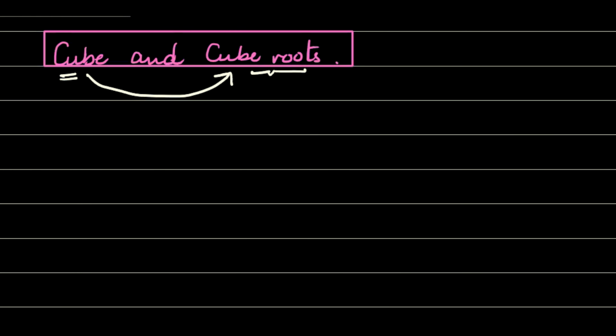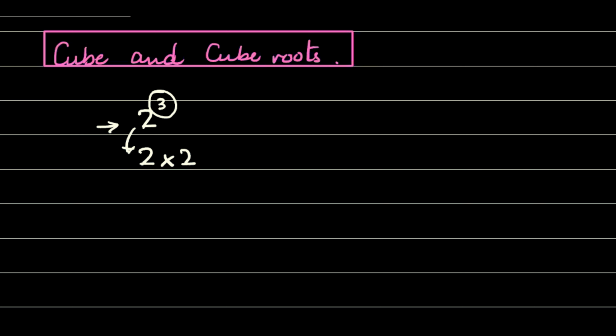Let's suppose I want to find the cube of the number 2. First of all, what does cube mean? Cube means, whatever number I'm taking, here 2, I want to take its cube. So I will multiply that number 3 times with itself. Cube means 3 times, right? So its answer will be 2 times 2 is 4, and 4 times 2 is 8. So you can say the cube of 2 is 8.